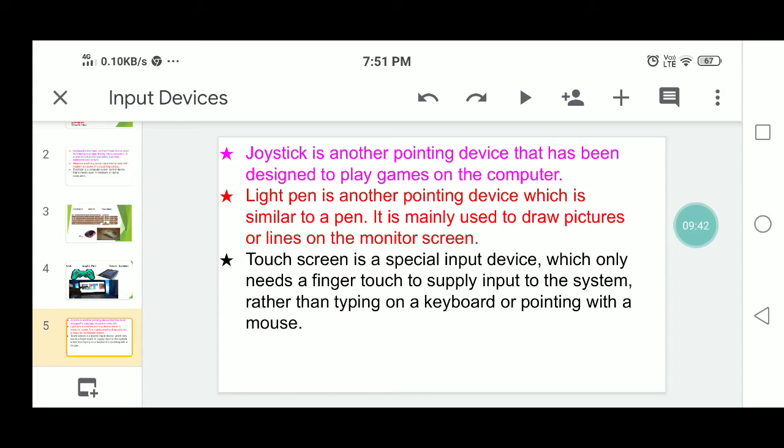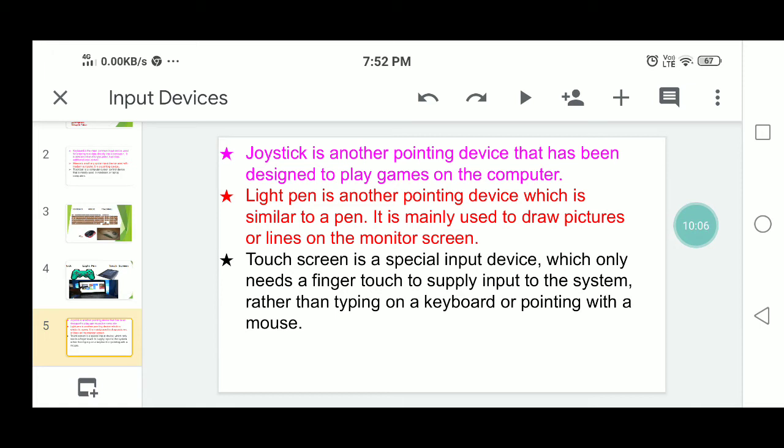The functioning of these buttons differs in different games. When you are playing games, you use the joystick buttons, but the function depends upon the game. So this is the joystick.